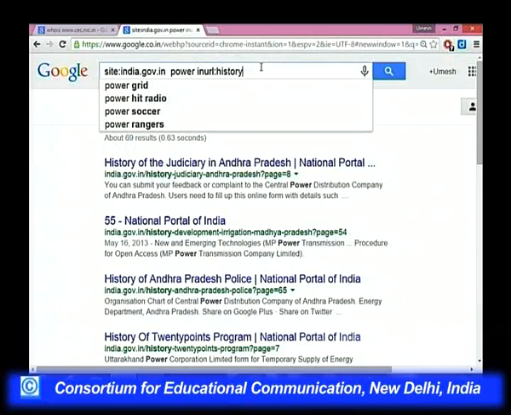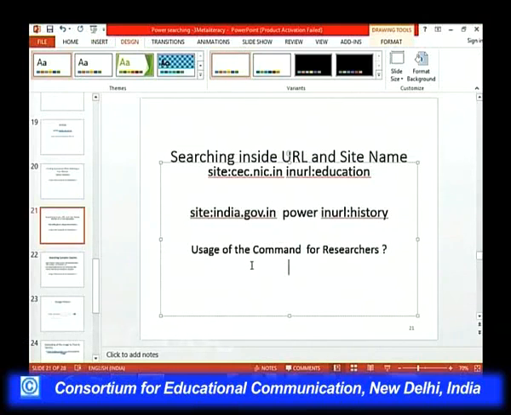So, this is a very good web command, and if you replace this with the site of a newspaper, you can search the news items with this keyword in the URL. Immediately you get the relevant data, and you can take the printout and conduct quantitative or qualitative research.